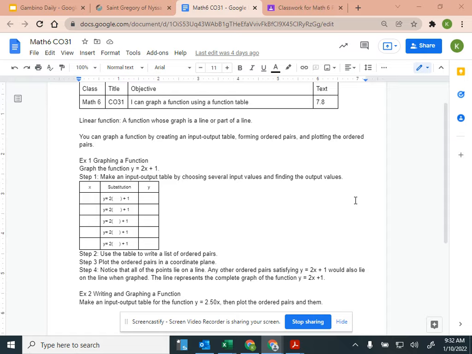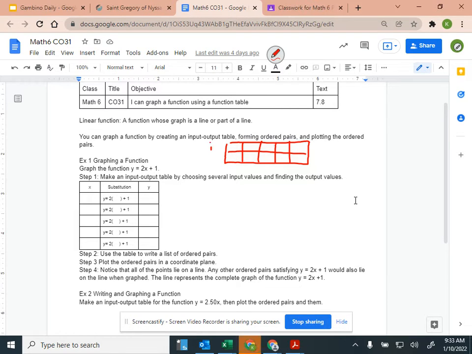So CO31, I can graph a function using a function table. Last week, Thursday, we spent a lot of time reviewing that function table, how we take the x and we put it into our function for the x. We substitute that number in, and that's our input. We substitute it in, and we get out of it the output, the answer, which is the y. The function tables we looked at last week looked like this,